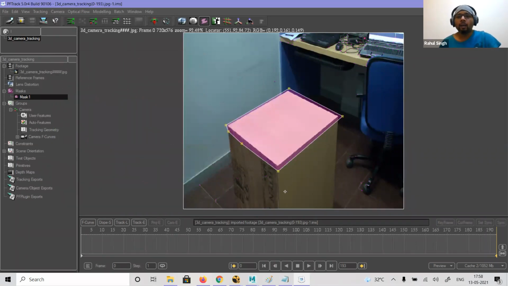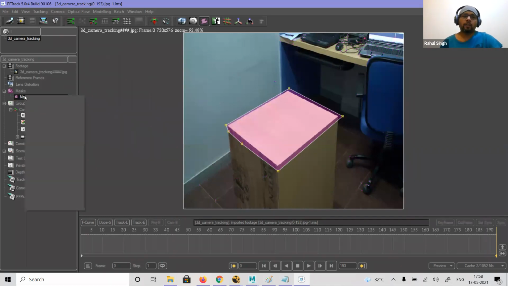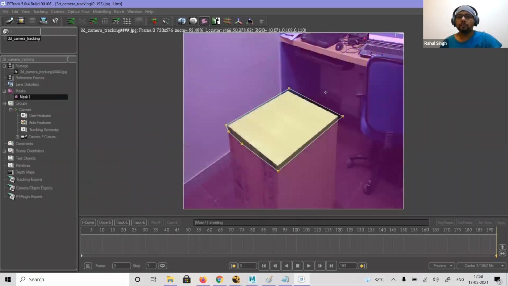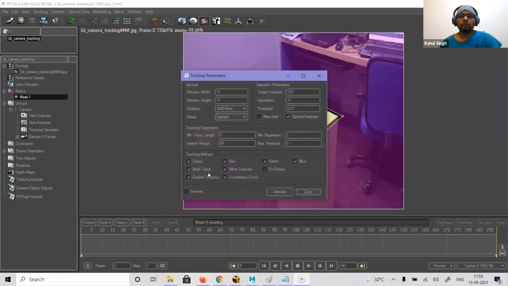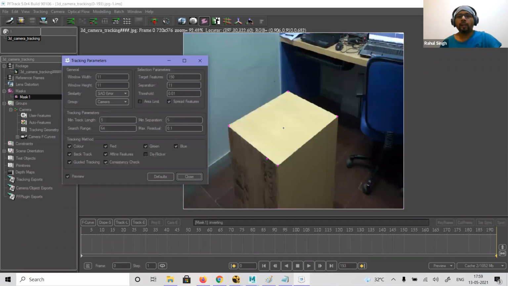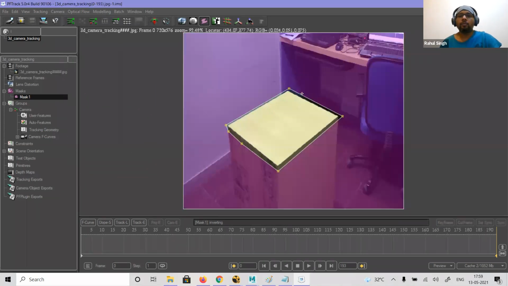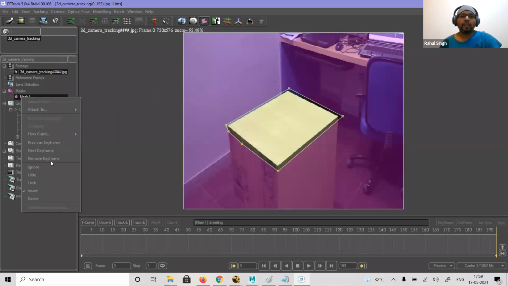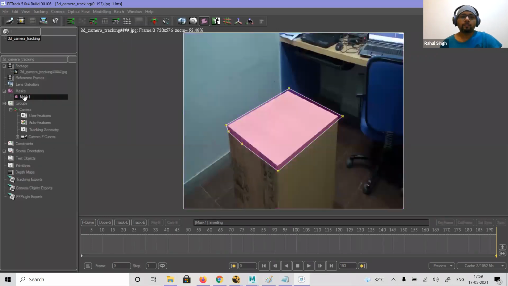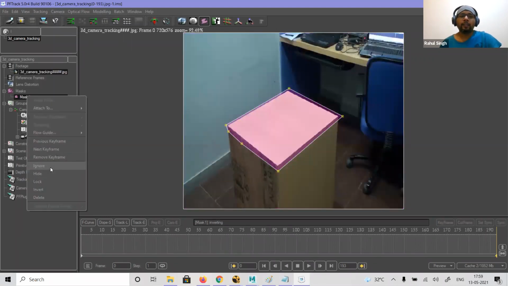Okay, I don't want any of the auto track points to be there because this is a place where I have to track. Or even, we can invert it. I want only track points here, right? So that also I can do. Preview, only track points are within the shape, not anywhere else. So both things I can do to make the changes. You have to right click and just say invert. Okay, so you can hide it, you can ignore it, you can easily make other changes also.